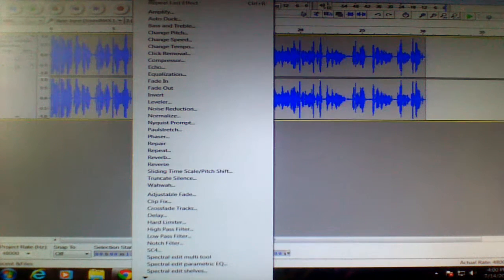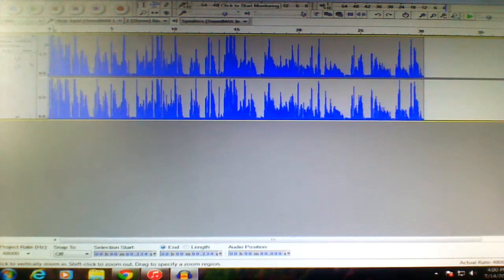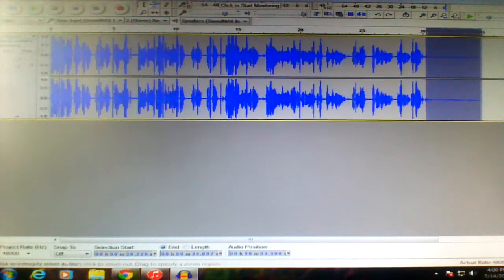As well, you've got effects. Now, the effects is my favorite part of Audacity, because this is where you have fun and you go to town with all the different functions that you can do. So you can add a reverb if you want, you can add an echo, you can amplify the sound, so many things you can actually do with this, right? Usually what I like to do is add more bass to my voice. Depending on the type of commercial that I'm doing, I may want to give it an airy sound, or I may want to just keep it natural. So for this particular case, I'm just going to keep it natural, but all you would have to do if you wanted to add an effect is basically just highlight